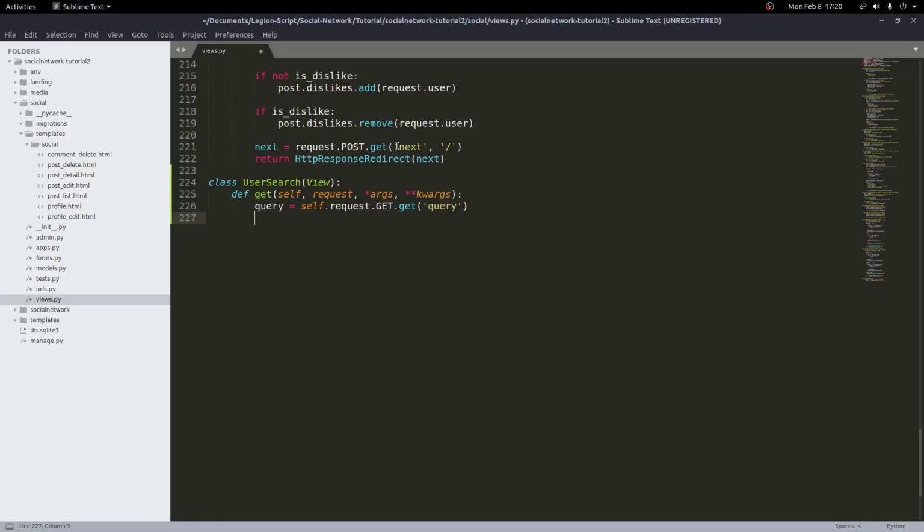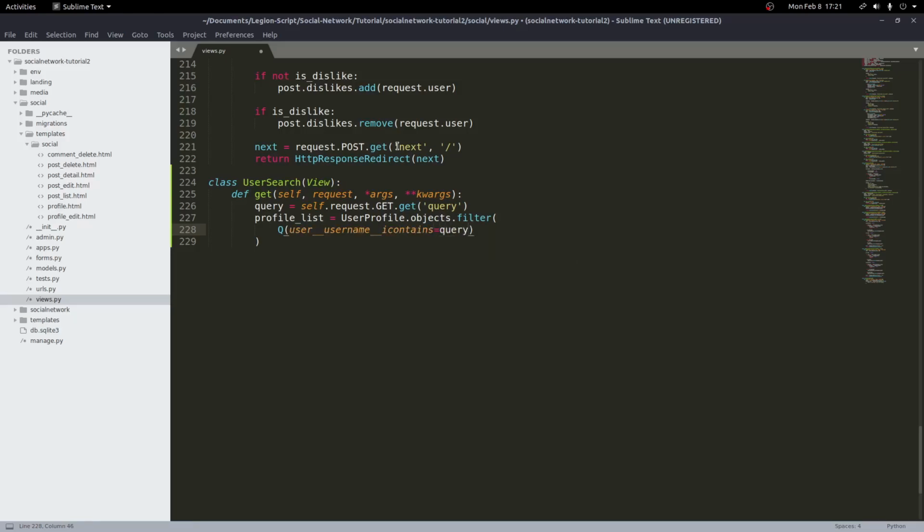Next, I'll filter the profiles. So type profile_list equals UserProfile.objects.filter, and now we want to pass in the Q object. Django has this useful tool, which is called Q. We can type Q and put some parentheses, and then we can figure out some sort of filter parameter here. In this case, I want to find if the username on the profile matches what was searched. So I can type user double underscore username double underscore icontains